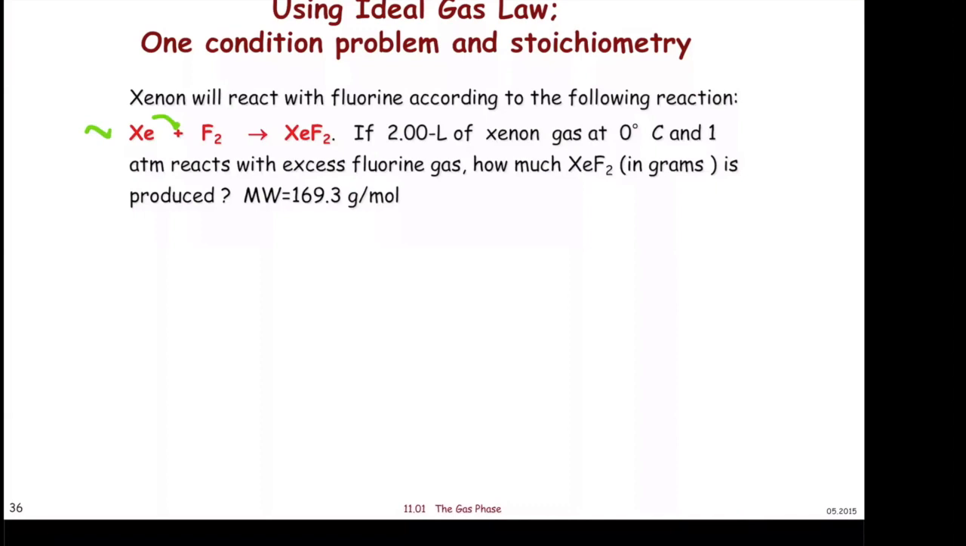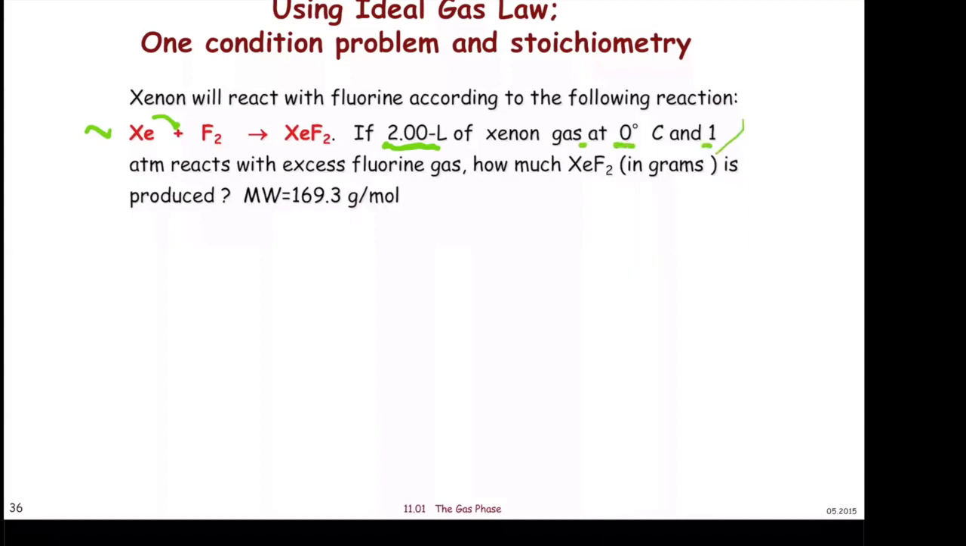First of all, remember that when you balance it, make sure that the chemical formula is sound. And then once the chemical formula is sound, that is, it's correct in terms of the charge and things like that, then you can balance it, because then you're balancing the correct equation. Anyway, it says right here, if you have 2 liters of xenon gas at 0 degrees and 1 atmosphere, and